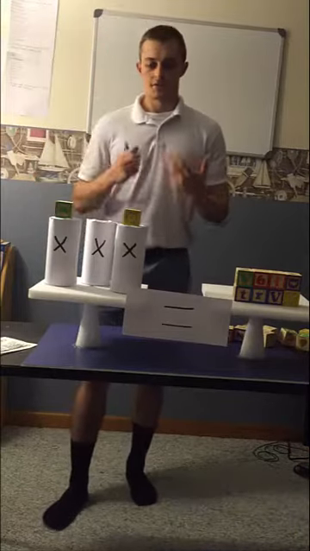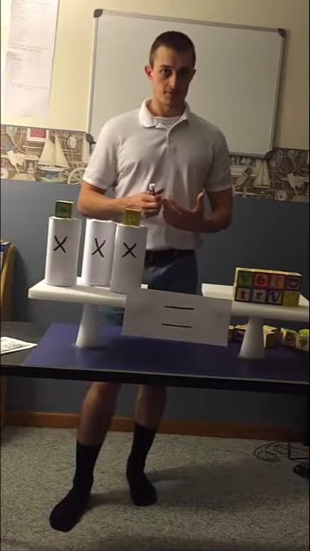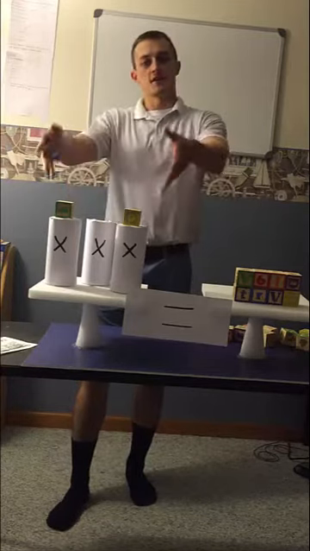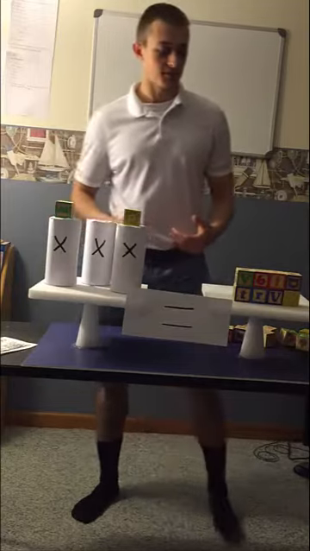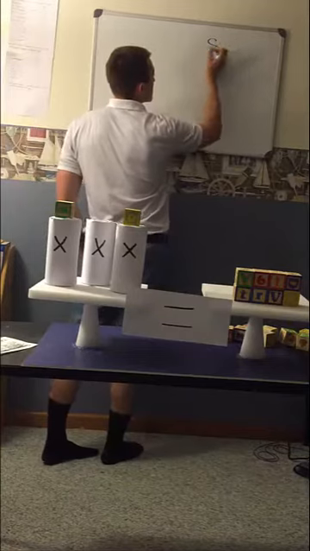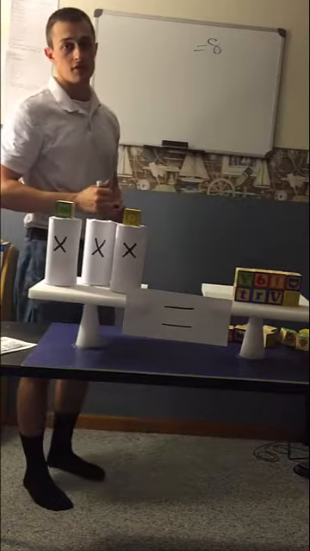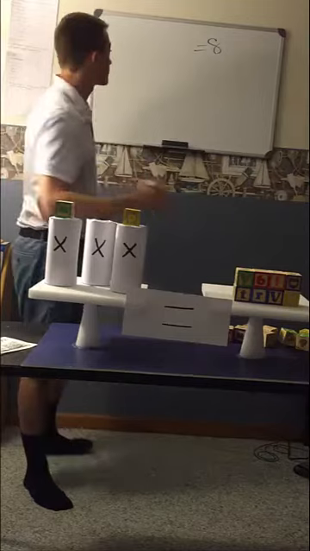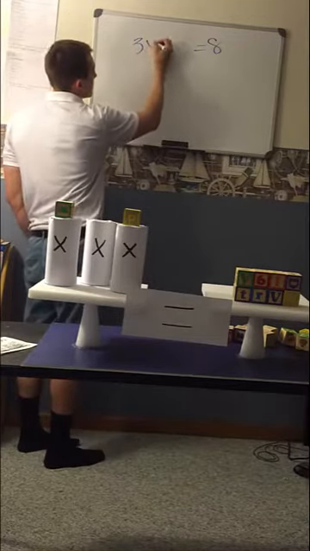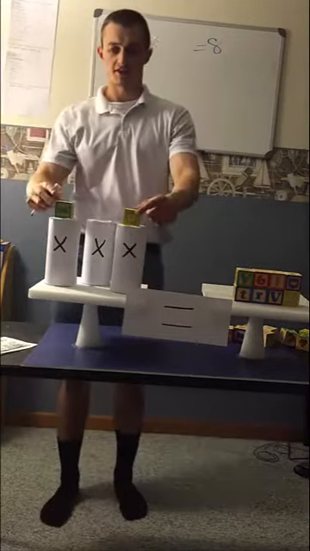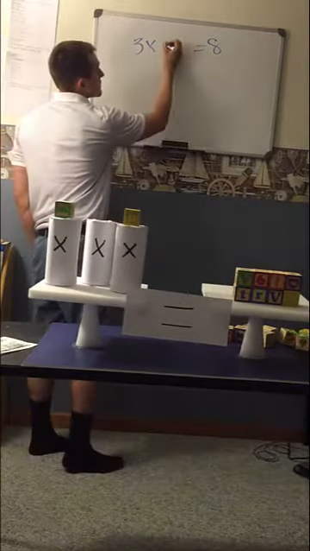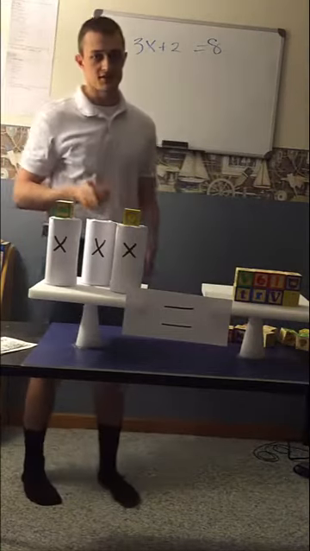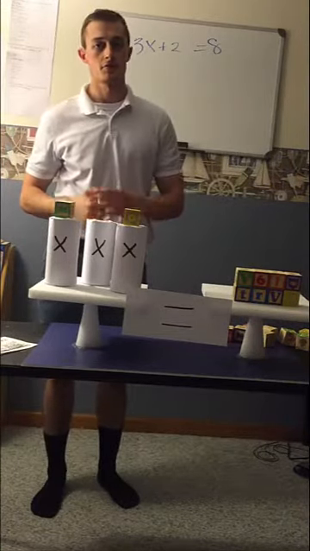Okay, so the first thing that you need to do is you need to come up with an equation, okay? How many x's are on this side of the equation? Well, we know there are 3 x's on this side of the scale, just like before. And over here we have 8 total blocks. So we can start out by writing 8 on this side of our equation. And like before, we've got 3 x's, right? But then what about these extra 2 blocks right here? Well, we can say that we have plus 2 extra blocks outside of our cups, which is pretty nice, pretty simple, right?